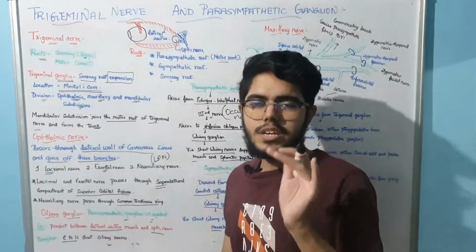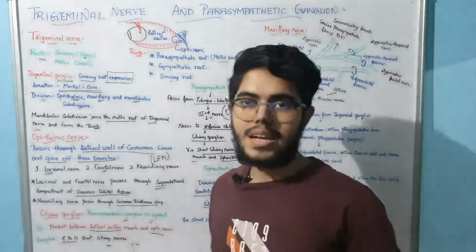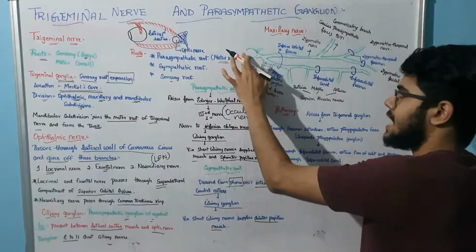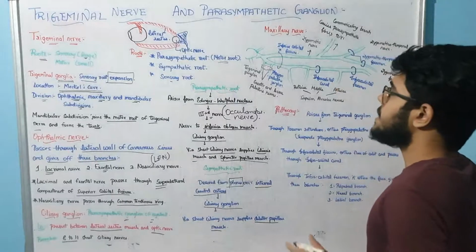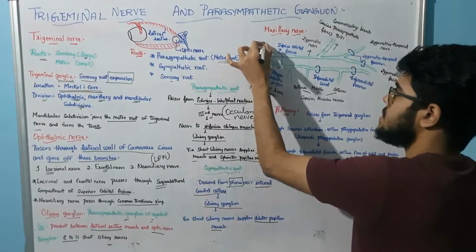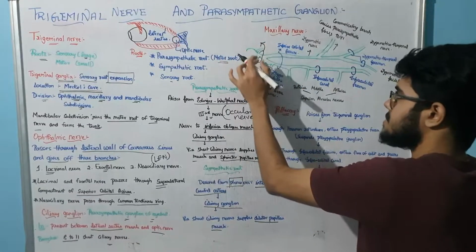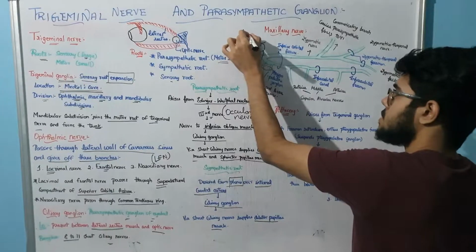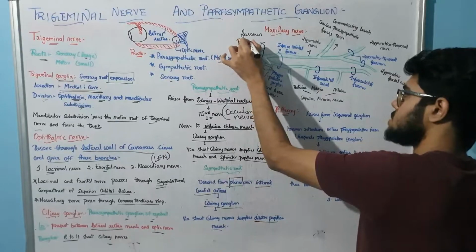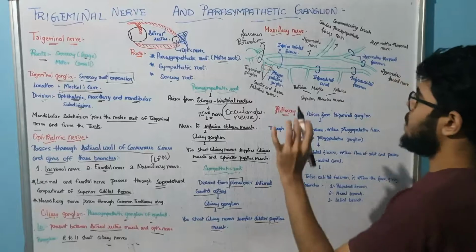Okay. Next very important topic, that is the maxillary nerve. Diagram is very important. So we have the trigeminal ganglion here. And here you will have the foramen rotundum. Make a note of this. Okay, foramen rotundum, others all is correct.